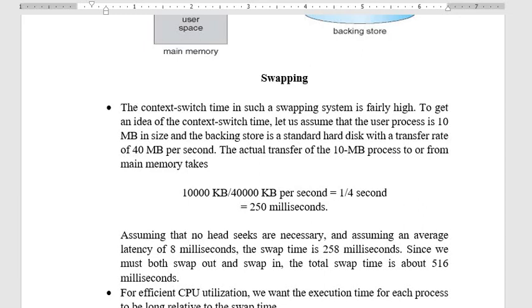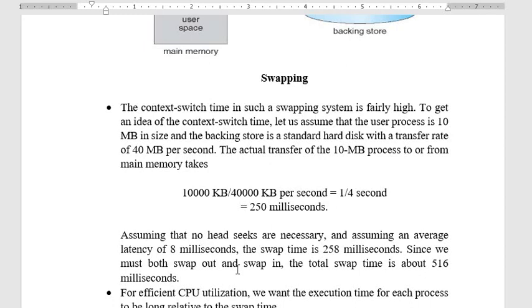To get an idea of the context switch time, let us take this example. Assume there is a user process of size 10 MB and a backing store with a transfer rate of 40 MB per second. When you want to transfer the process from the backing store to the main memory, this requires the size of the process divided by the speed of the disk. 10 MB is 10,000 KB and 40 MB per second is 40,000 KB per second.